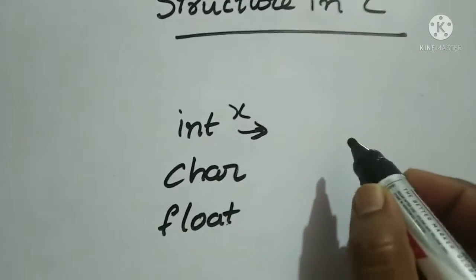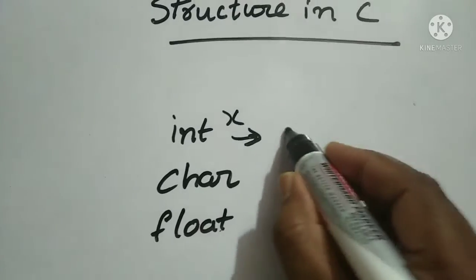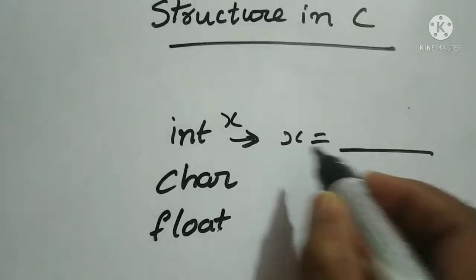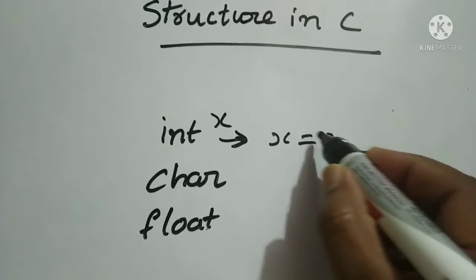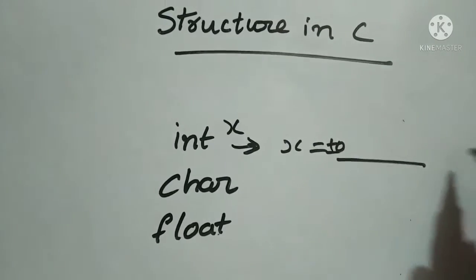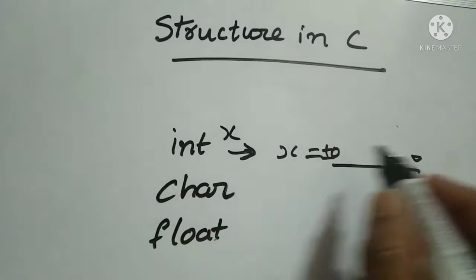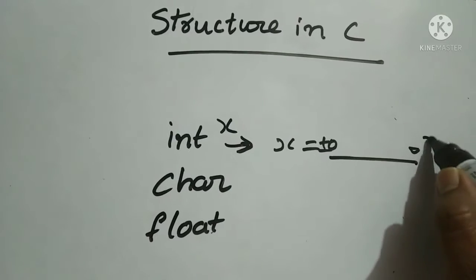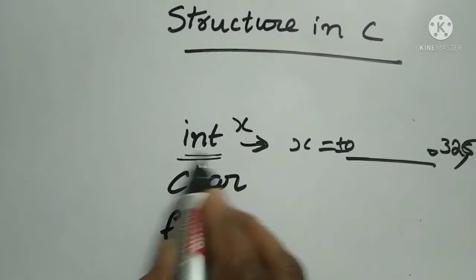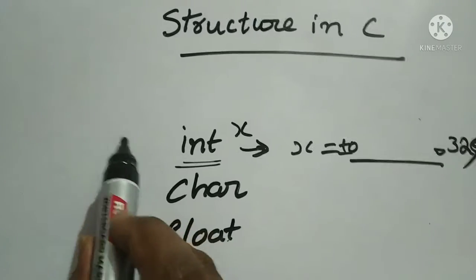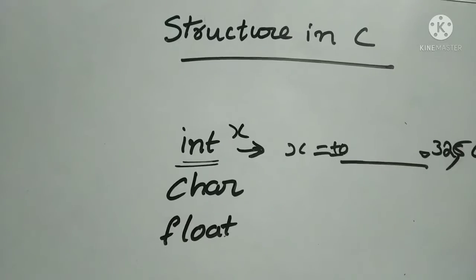For example, int x is a variable of type integer, which means whatever value I give to x has to be an integer. The integer value ranges from minus to plus infinity. But if I use int here, the maximum value I can give is about 32,500, because only 16 bits of memory are allocated for it. If I use unsigned int, the range increases to about 64,000 or so,